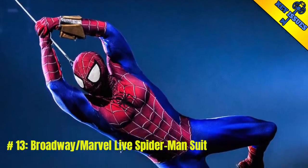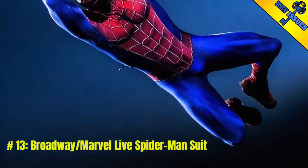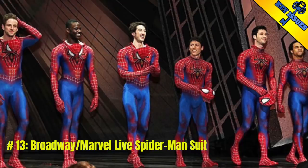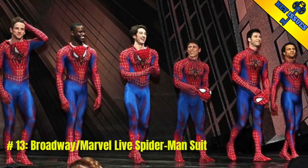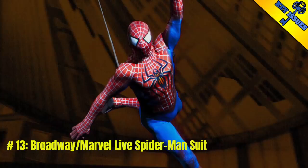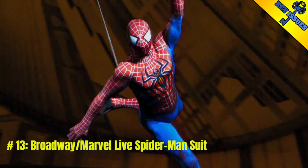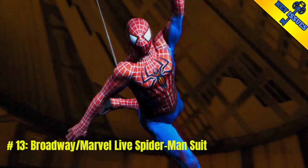Number 13 is a double play, and that is Marvel's Broadway Spider-Man suit and Marvel's Live Spider-Man suit, and I'm combining both of these suits into one category and ranking them here because they are pretty similar in looks and in quality. I will tell you that I have never seen the Broadway show or Marvel Live, but these suits look fine and fairly accurate to maybe something in the ballpark of mid-tier cosplay, but they're a bit hampered by